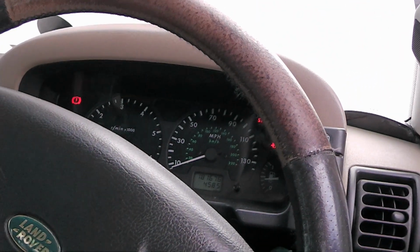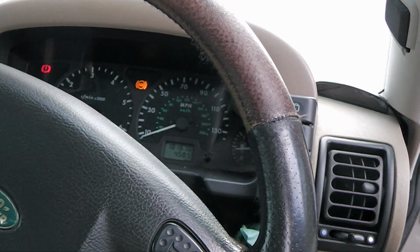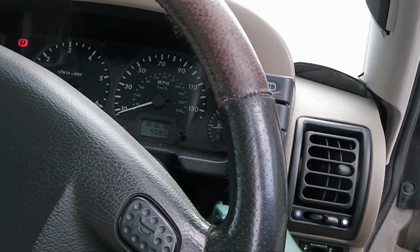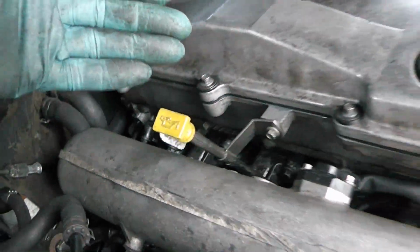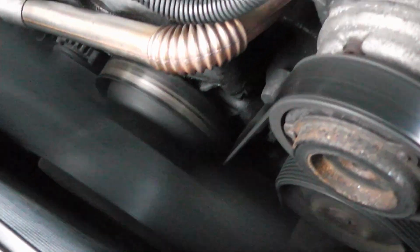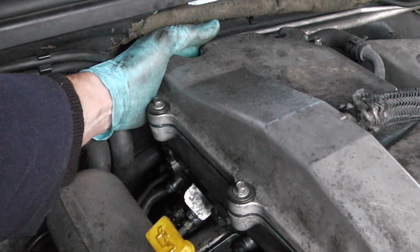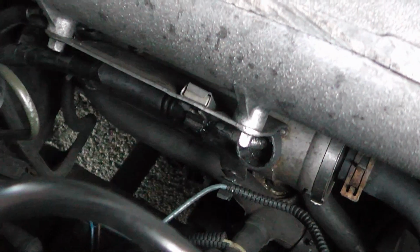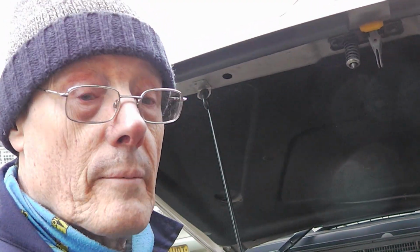Up, down. Glow plugs. Thank you for that. Right, that's good. Thing is now, I've got to change the oil yet, so I'm going to turn it around,